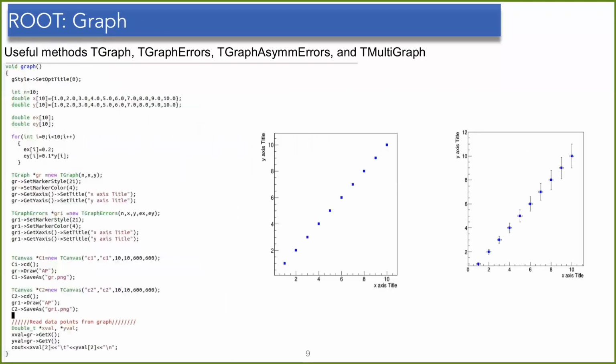Now let's move to the graph. It's also a very useful object that we use in our analysis. In contrast to the histogram, where on the y-axis we have the frequency or the number of occurrences, here the graph means you have a particular value of y corresponding to a particular value of x, and